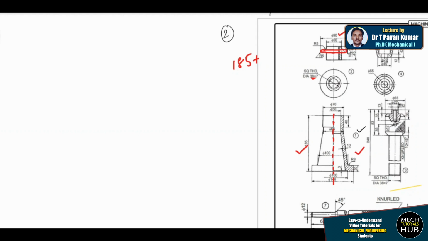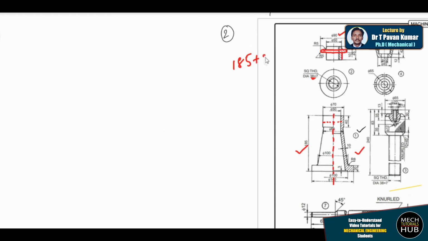Overall it is 20. So 45 minus 20 will give you 25, meaning whatever 25 height we got, that is going to insert. Up to that level it is going to insert. That is the meaning. So most of the component is going inside, only 20 mm is coming out.